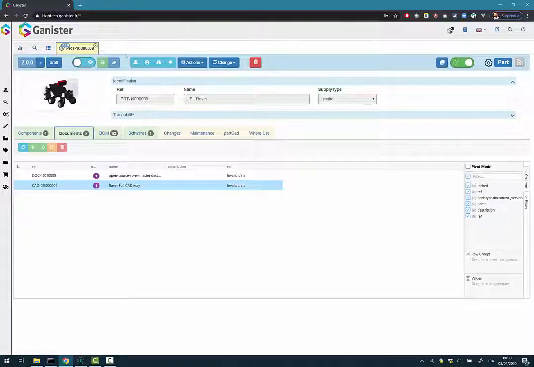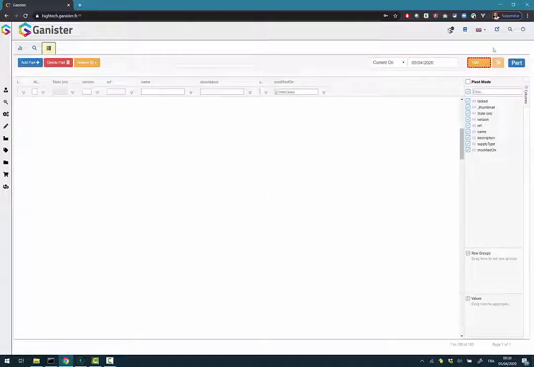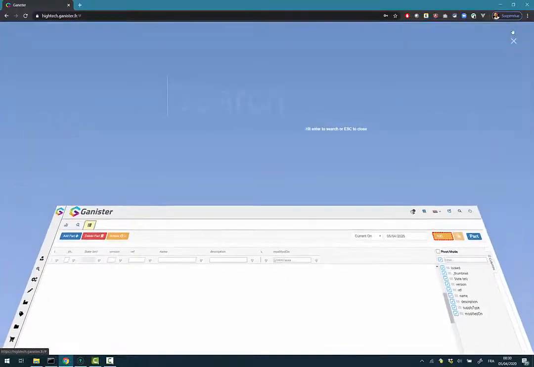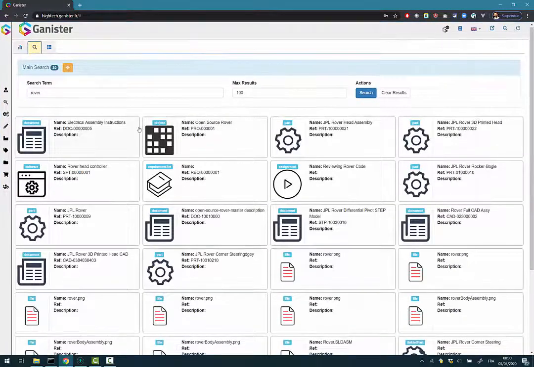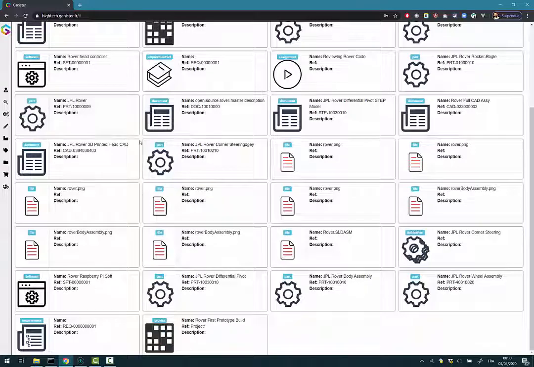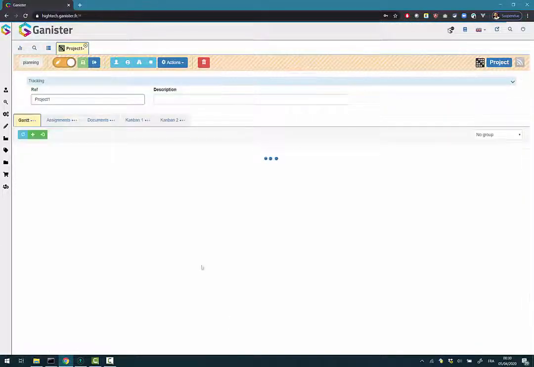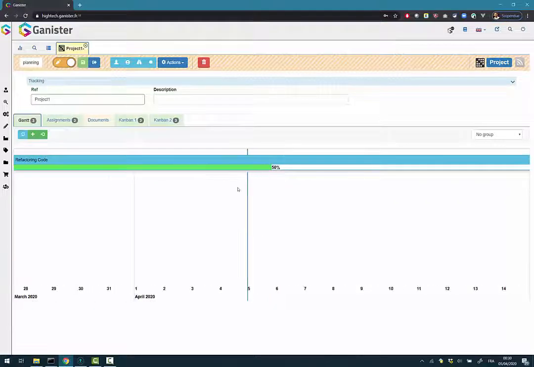Let's get back here. The other thing that is interesting here is the capability to search for anything in the database. So let's say this is rover. We have quite a lot of things called rover, but we can look for this, and we'll just click here, say rover, and you get everything in the database that has something containing the word rover. So let's say this is what I was looking for, this project here. I click on it and you see other